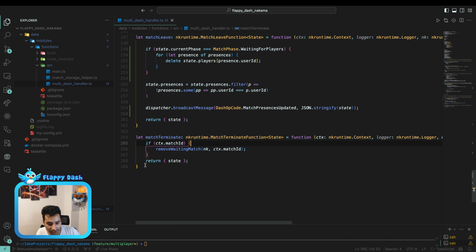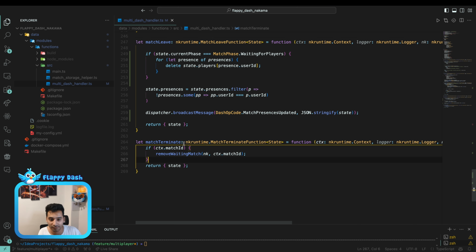And we have match terminate. So this function is gonna be called whenever the match is terminated. By the way, we already removed the match in the moment that we switch the phase from waiting to playing. But to have safe code, we just add it here because it might be in a waiting phase and for some reason the match is terminated. And this way we can just remove it from the database to create a new one for the people that want to join the match. And yeah, so also here you can just add some reporting. For example, you can just save the state of the game, or you can keep track of the events that happened through the game and save them somewhere to check the replay or something like that. So this is the callback that is useful for that.